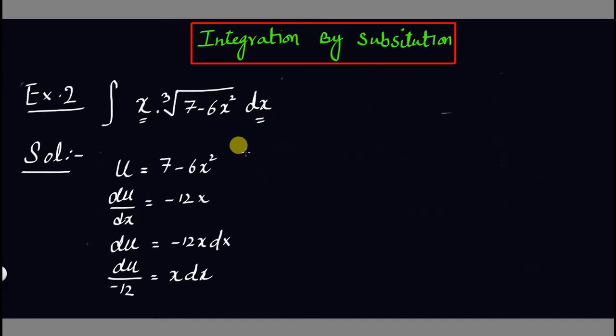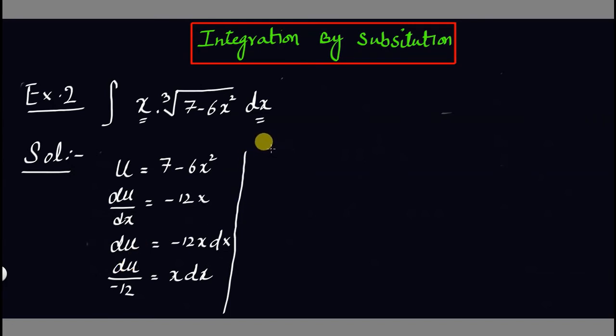But on the other hand, if you want to substitute x, then by differentiating x you will get nothing, just dx. So this x you have to again find from this equation. You have to find x by taking the square root and taking 7 over there, and after some calculation you will get x, but it will be a long way and of course a waste of time. Integration by substitution means you have to reduce your time as well. So this substitution will be okay.